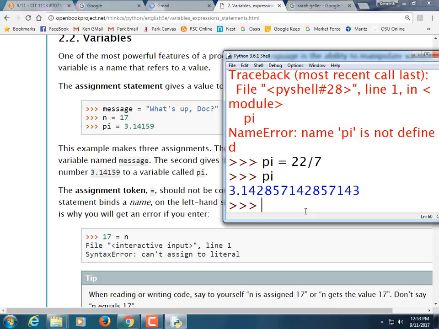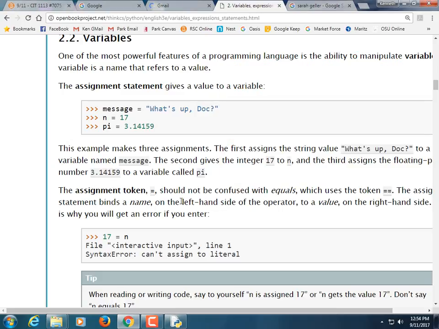But when working with variables, just remember the single equal is an assignment operator. You can assign strings, you can assign floats, you can assign ints, you can assign anything. Okay? All right, so the assignment token, remember a token is anything. It could be a reserved word, could be a mathematical operator, could be a parenthesis, could be a value,